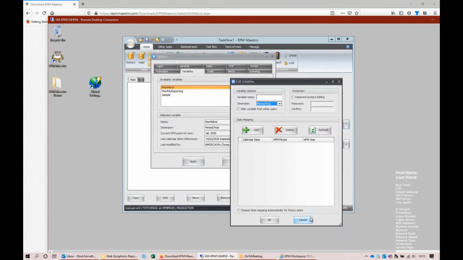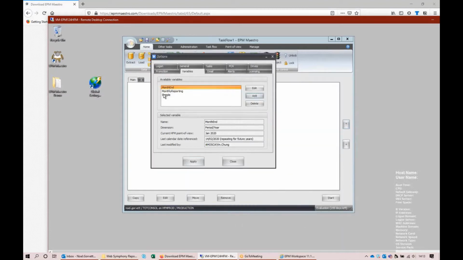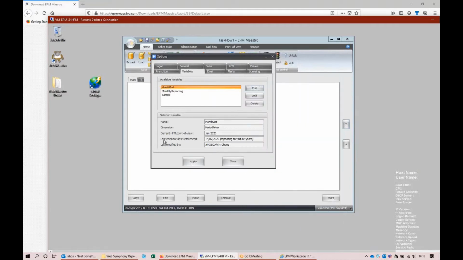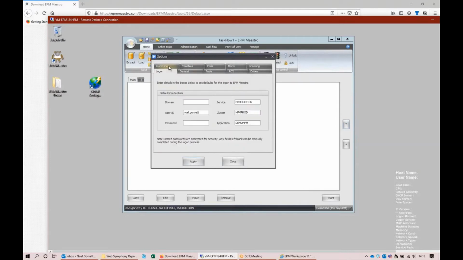So it's a shortcut, a simplification, and just saves you a lot of time editing, finding, replacing your settings. Okay, there's a couple here that have been set up, and we can just see that that shows you the calendar date versus the HFM year and period. So it brings those together in that instance, and we'll show you where that picks up during a task flow creation shortly. So make sure you've set your options, created your variables,